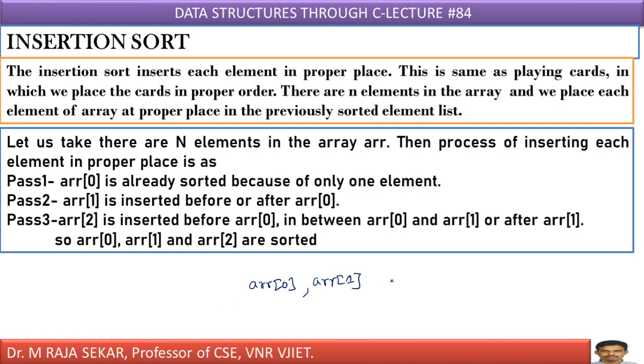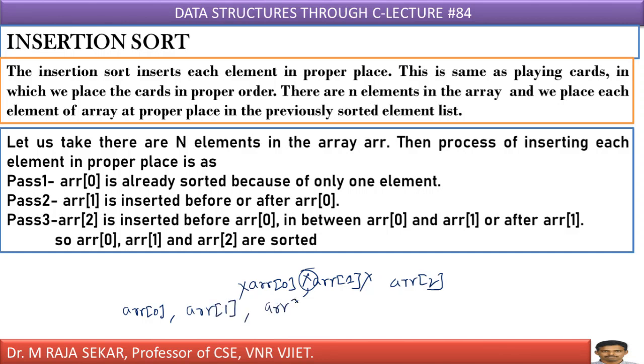Now, what about ARR 2? How many possibilities are there? Either I can keep it here, or here. There are three possibilities, isn't it? ARR 2 is inserted before ARR 0, means here. Between ARR 0 and ARR 1 means here. Even after ARR 1. Depending on its value, I can keep it in any one of these three possible positions. After keeping this one, the first three elements ARR 0, ARR 1, ARR 2 will be in